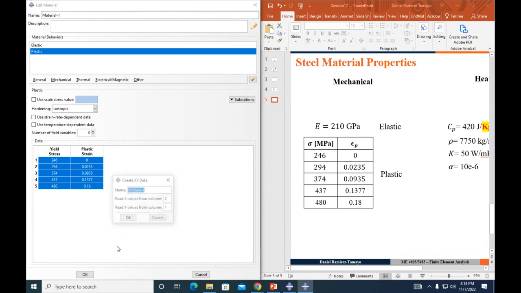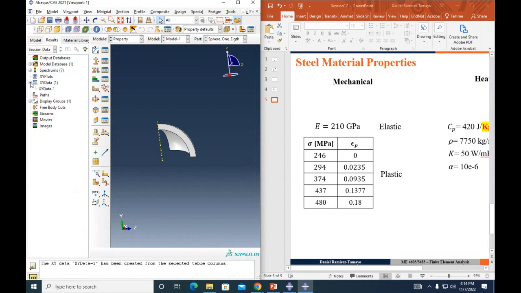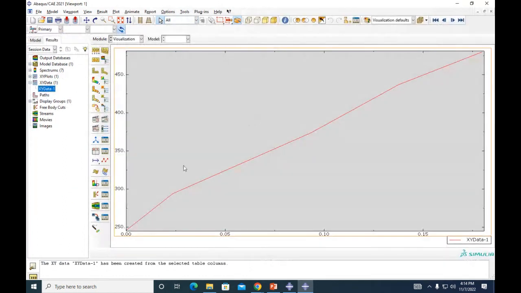I'm going to create an XY data super quickly. And then I can go here to results, XY data. And this is how my plastic deformation looks from that table. Imagine that from here, you have a straight line that corresponds to the elastic part.